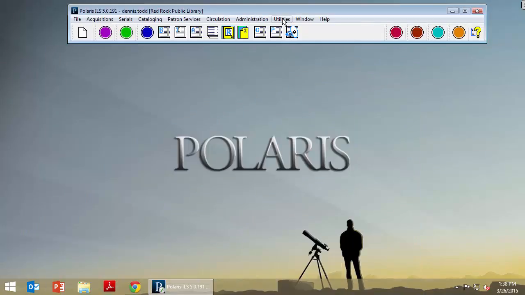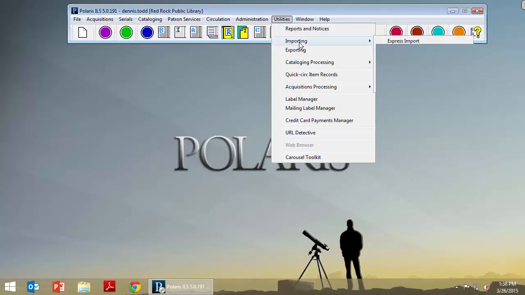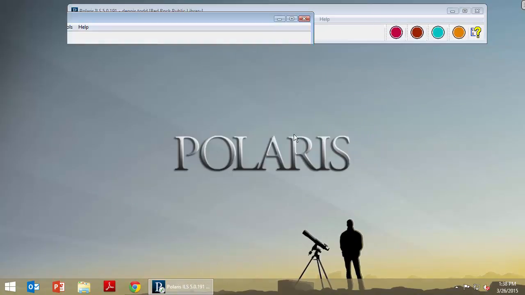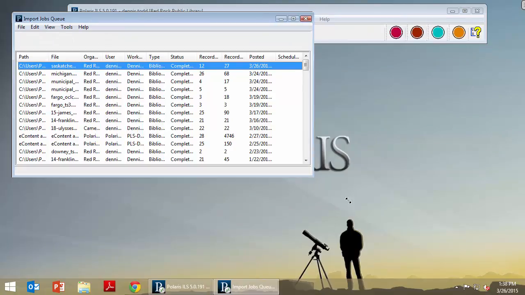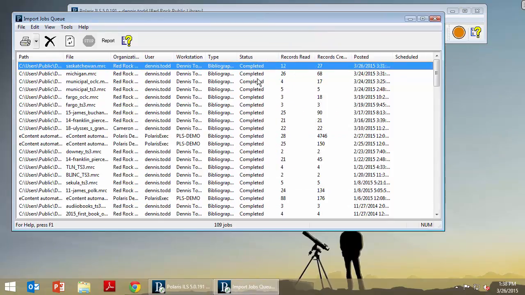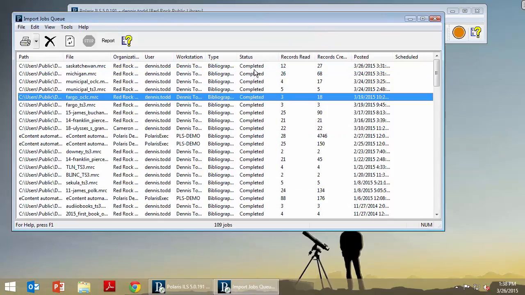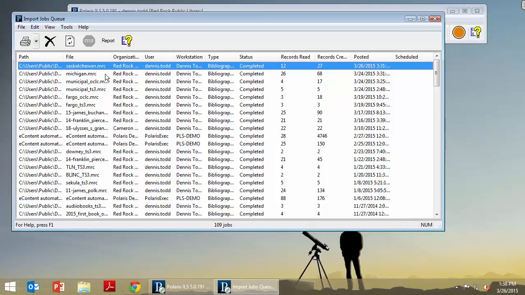If you remember, when we did that import of records, there was that import jobs queue. This is that thing we looked at that showed us the status of the different loads that we did. This is the one that we just did. And when we were looking at that MARC record, it said that MARC record was loaded as part of this Saskatchewan.mrc file. So if you need to trace back and see how this was loaded,